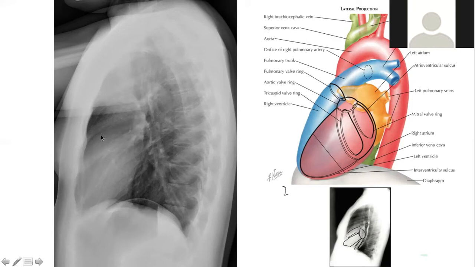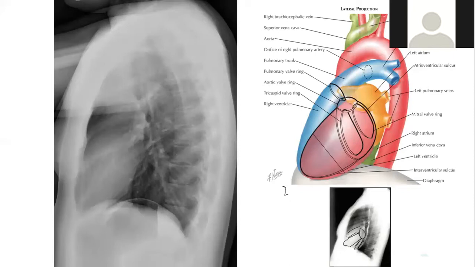And this view, like I said, the first view, the PA, is not really good for looking at right ventricle enlargement. So this lateral view is really good for detecting right ventricle enlargement. Also, the left atrium is right here. So left atrium enlargement is also easy to see, as well as left ventricle enlargement. The only thing you can't really see here is the right atrium, which you can see really well on the